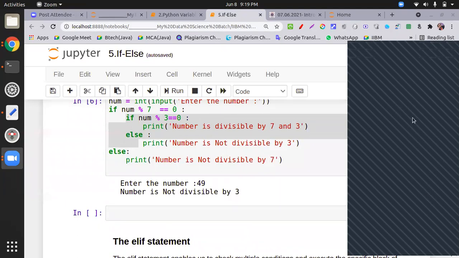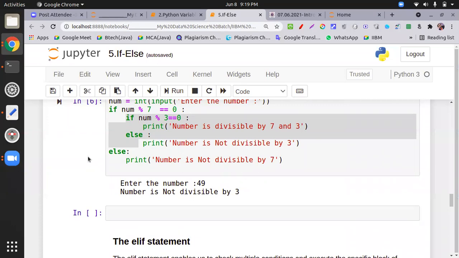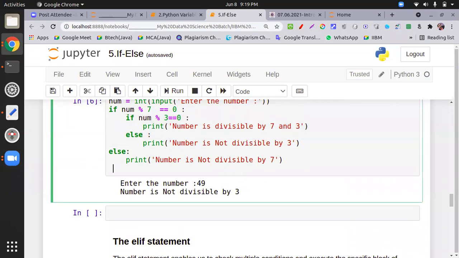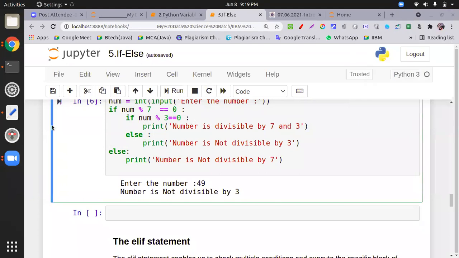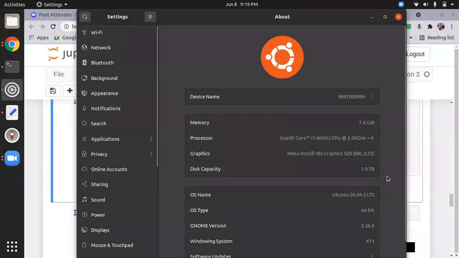Sir, yesterday you told that we need an i5 or i7 processor, right? Can it be done on an i3? Right now, I am doing i3. It depends what you are doing with the i3. When you do some high computation, you need i7 or i5.